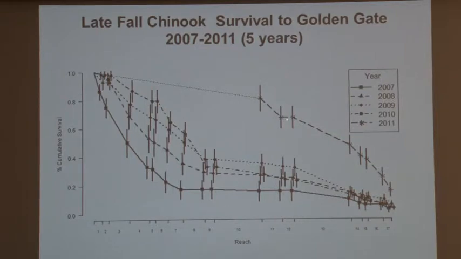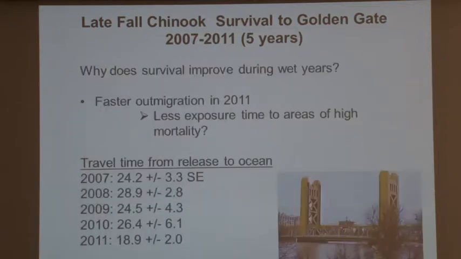But regardless, a lot of fish did make it out of the upper river and then subsequently suffered pretty decent levels of mortality. And then in the bay, they suffered very similar levels of mortality as they had suffered during the dry years. But they did survive about threefold higher. Okay, moving on.